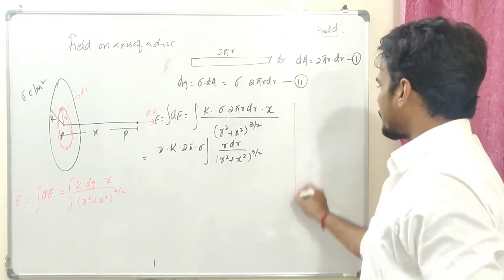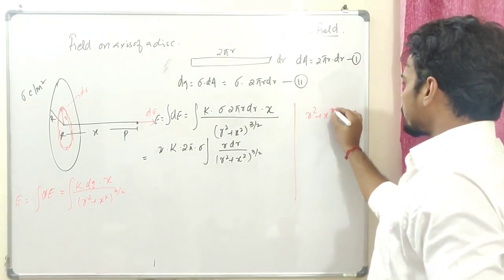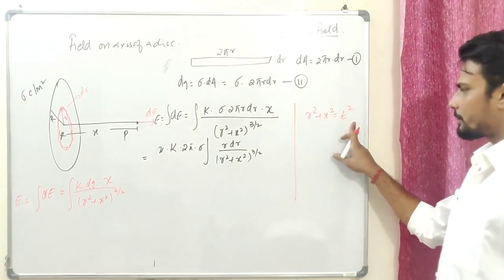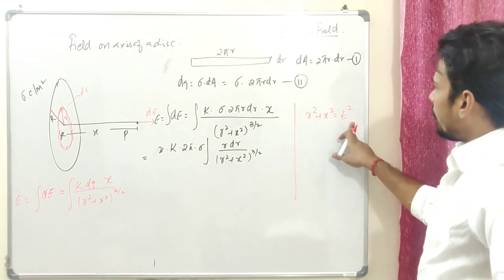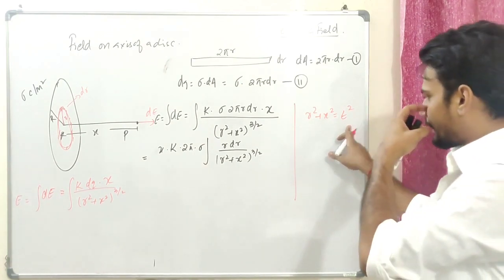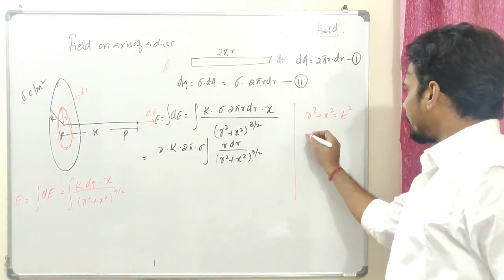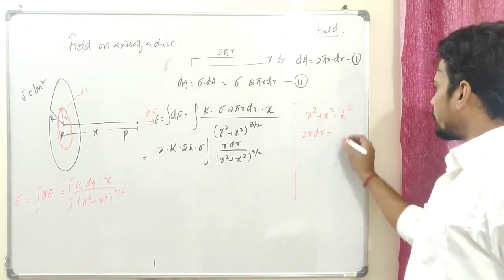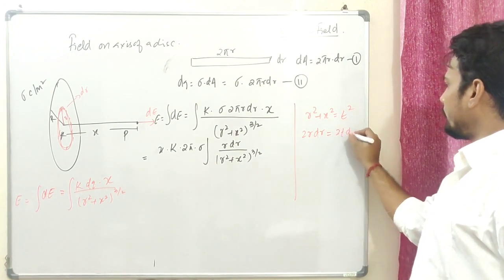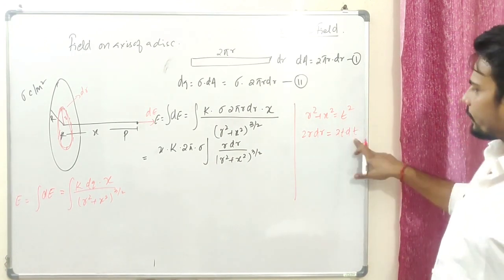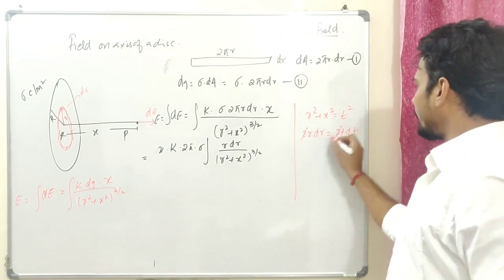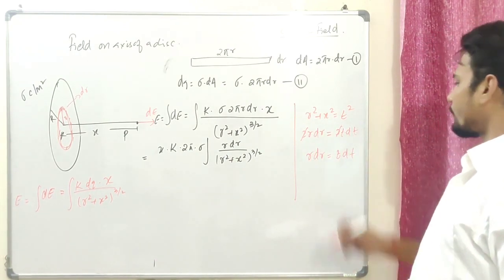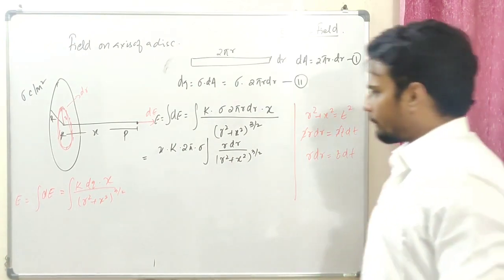In this kind of thing, we choose r square plus x square equals t square. So let me differentiate both sides with respect to t, let's say. So r is the variable. I'm going to have 2r dr equals 2t dt. I just kept dt directly over here. 2 will be nullified. I'll be having r dr equals t dt. Okay, now what I'm going to do is replace this.